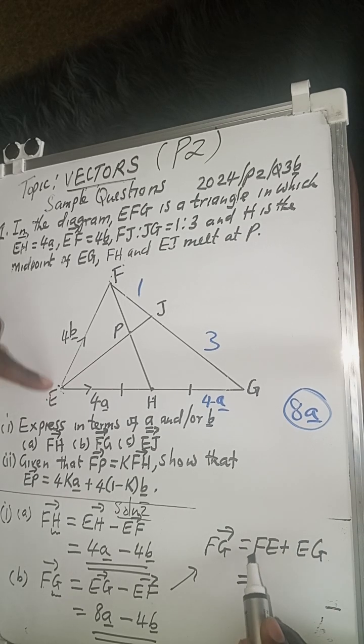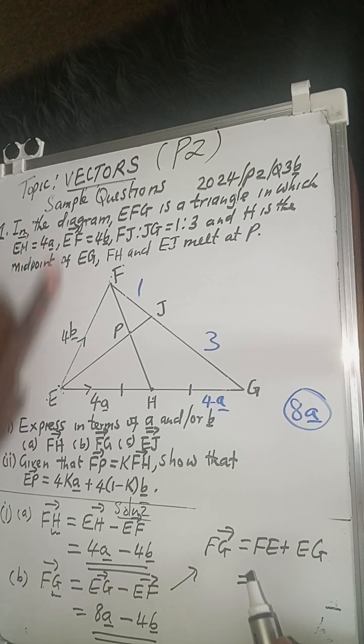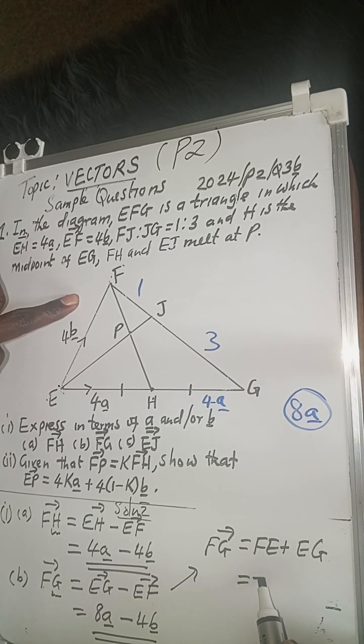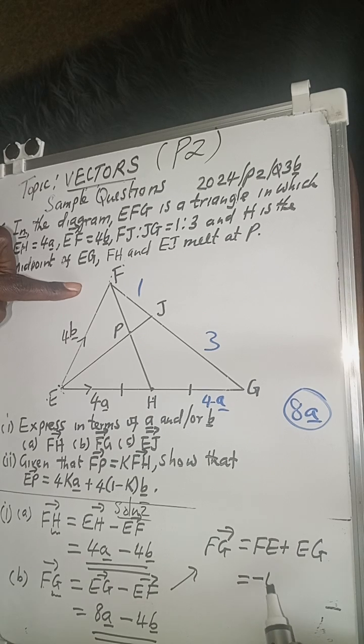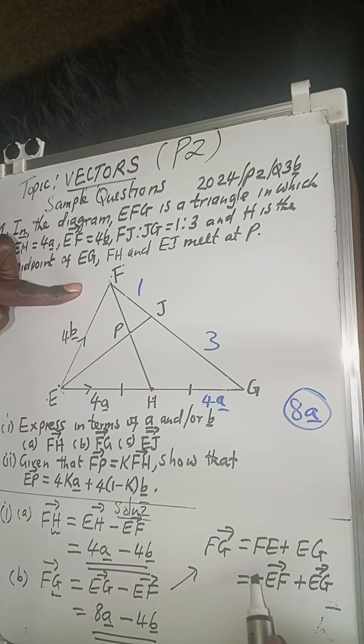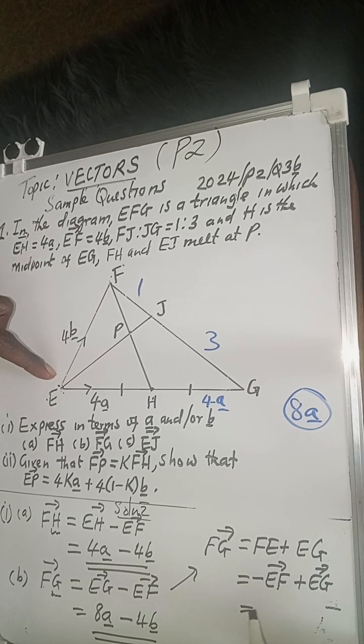But remember, when you move from F to E, you are moving in the opposite direction. The vector says you need to move from E to F, so a negative maintains the direction of the vector, which is EF plus EG. That's what we mean there. Negative means you are moving opposite to EF. What's the opposite to EF? It's FE. So negative EF is 4 vector A, vector B plus EG, it is 8 vector